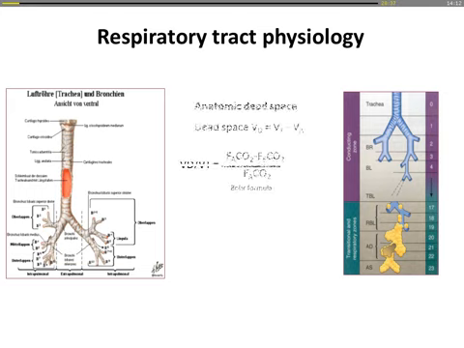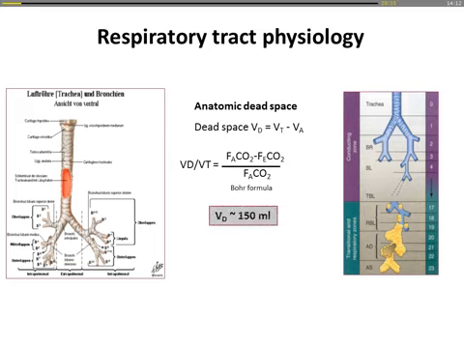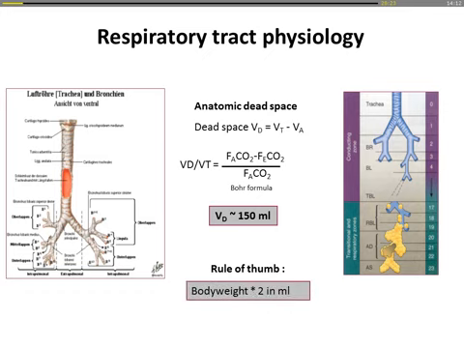So the respiratory tract physiology leads us to the anatomic dead space, which can be calculated by the Bohr formula, which ends up with a dead space of 150. The rule of thumb to come to the dead space is body weight times 2 in ml. However,